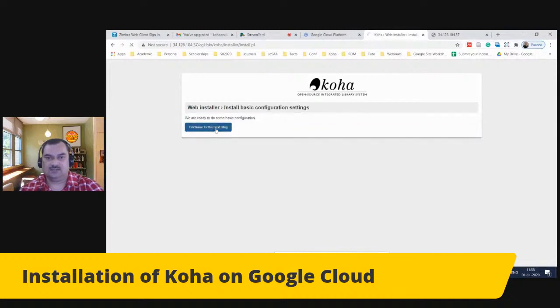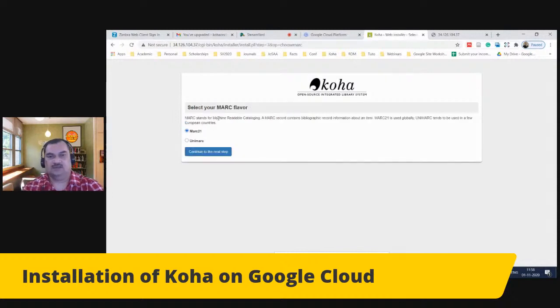Again, I'll click on continue to the next step, and now it is ready to do the basic configuration in Koha. And here you can see it is asking whether you want to go ahead with MARC 21 or UNIMARC. So let me tell you, MARC 21 is being used internationally by most libraries. So better to go ahead with MARC 21, and now it will open